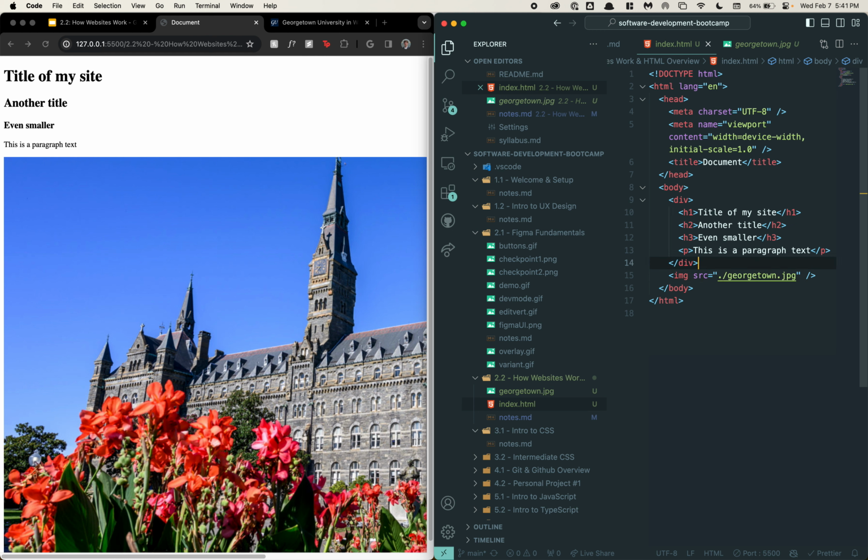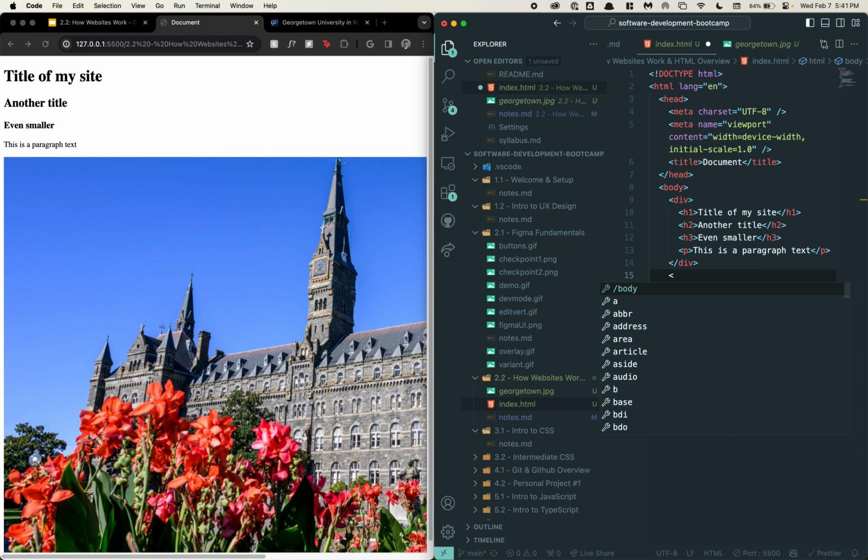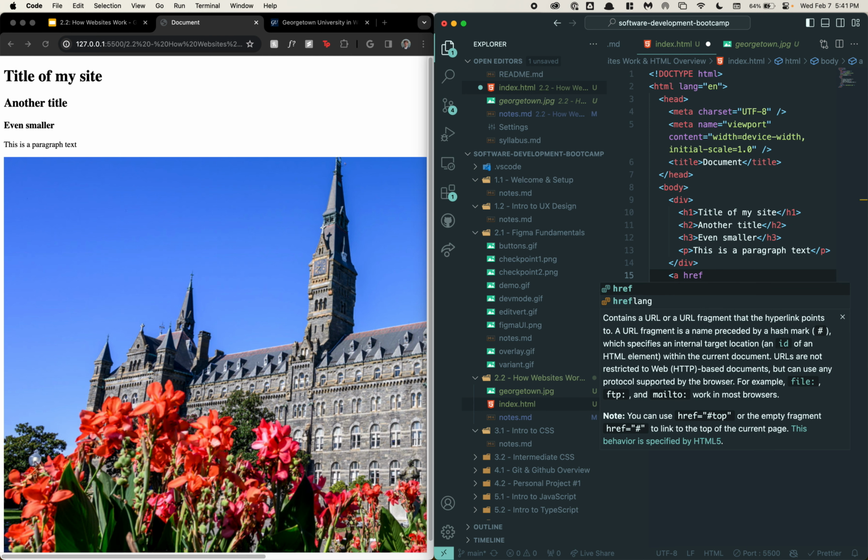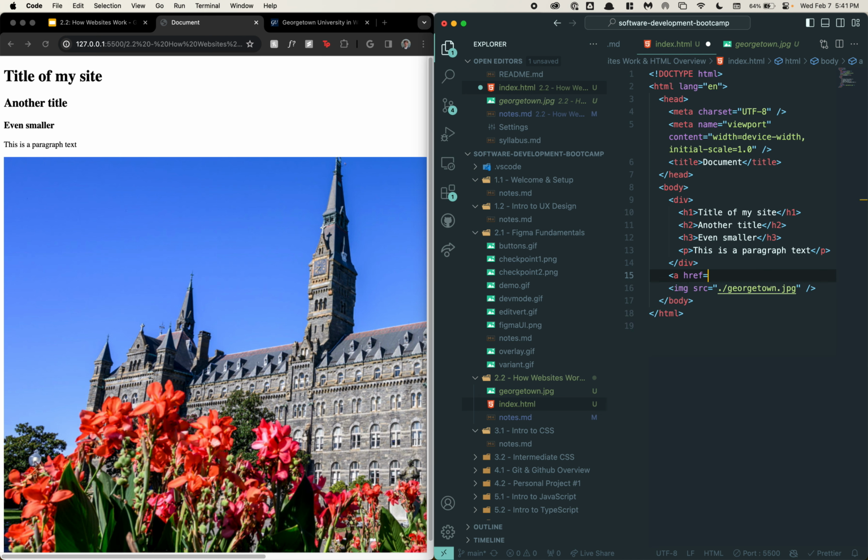Okay, the next thing that we can do is I'm going to put it above the image because this image happens to be really big, and we're not going to talk about CSS at all today. That's all next week. But above this image, I'm going to show off how to add a link, right? So let's say we want to add a link to this site. So we're going to do an A tag, and the way you actually add a link to an A tag is by the attribute href. So href is where you will actually put the link that you want to visit inside of this link. And so if I just put a link to Georgetown,